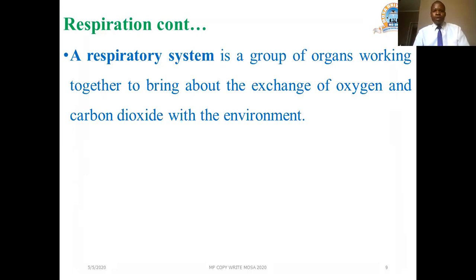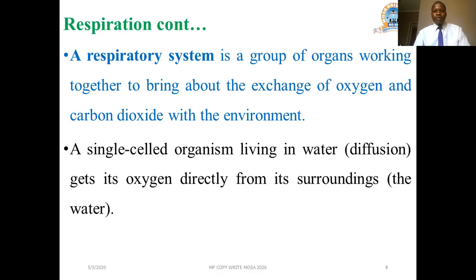The respiratory system is a group of organs working together to bring about the exchange of oxygen and carbon dioxide with the environment. So we're looking at a collective of organs which work together to bring about this exchange. As we go on with our discussion, we're going to get to know these organs that are part of the respiratory system. A single-celled organism living in water, by diffusion, gets its oxygen directly from its